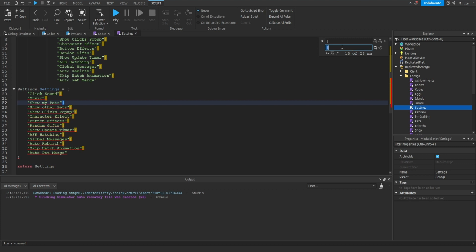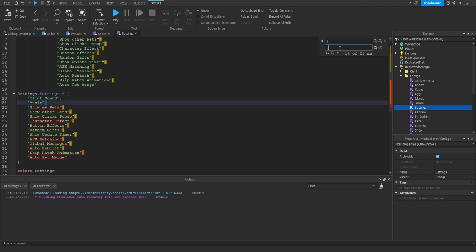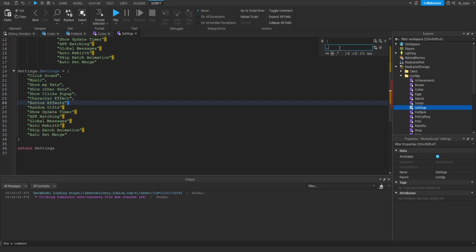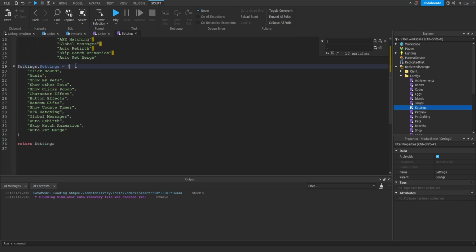Now, what do we want to replace this with? Well, we actually want to replace it with a comma because we're creating a table. Then what we're going to do is move our cursor back to where we create the settings variable. Then we'll go back to the Find and Replace tab, and now we can hit Enter, and we can see that we have the first pipe symbol selected. So with our cursor in the second box, we can then hit enter, and we can see that that has now been replaced. So we'll go ahead and do that for each and every one of them. But of course, don't replace the pipe symbol for when we create the type. We should only replace that inside of our settings variable.